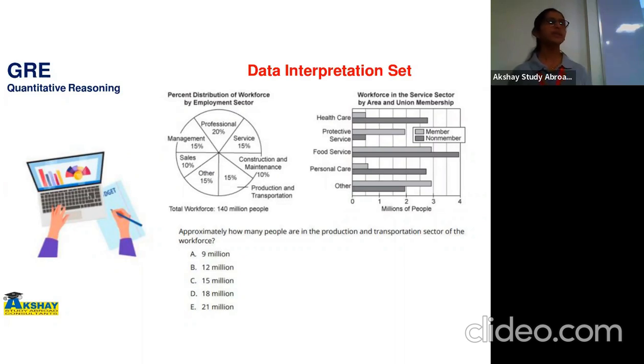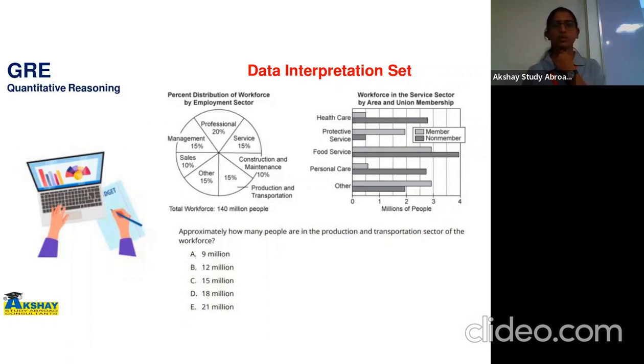Okay, you have to read that data properly and then try to answer the questions which are based on that data. There will be 2 to 3 questions in your one section. So if you count the total number of questions, for 2 quant sections, you have to solve at least 4 questions on data interpretation, 4 to 6 questions.